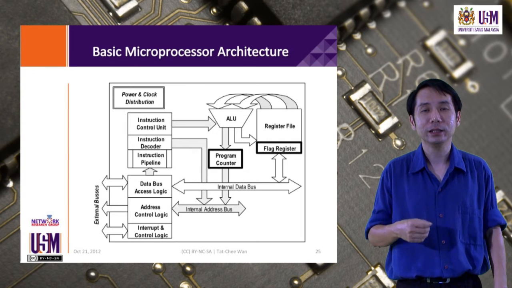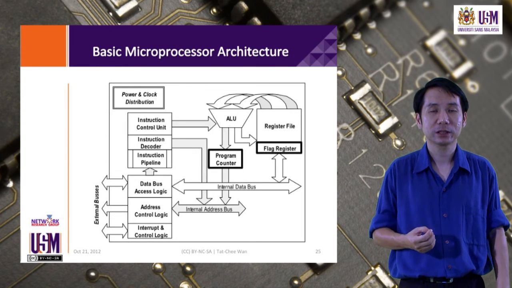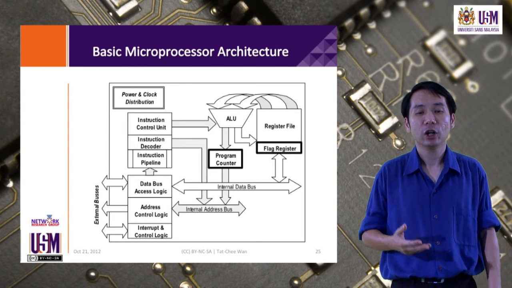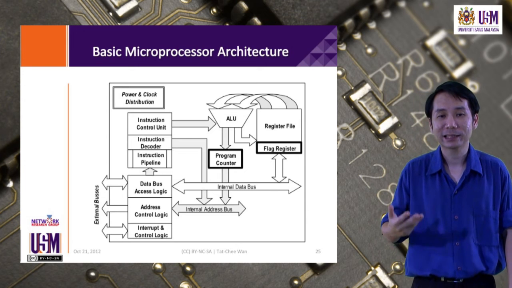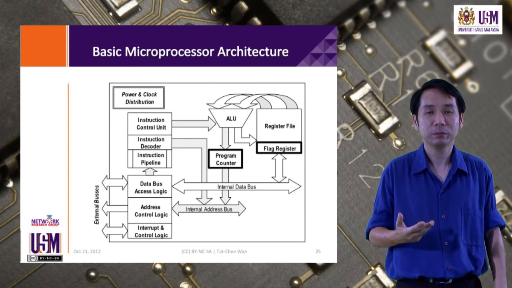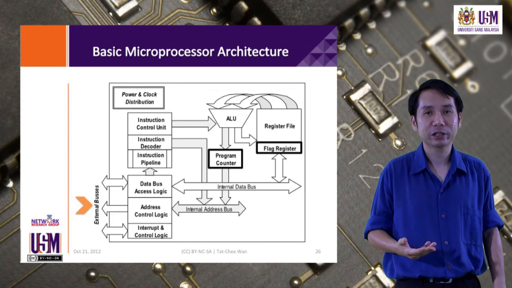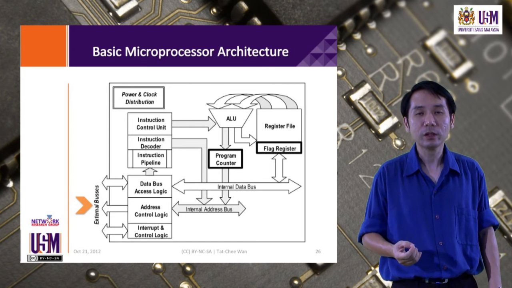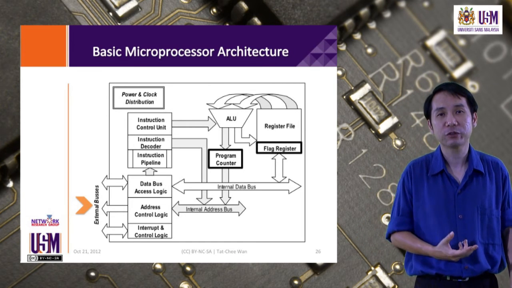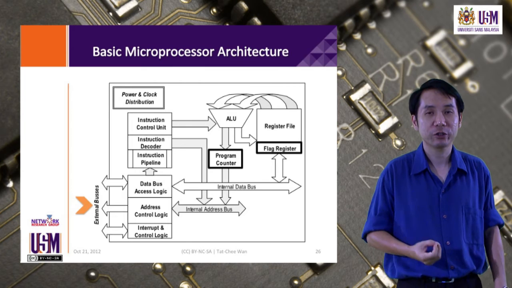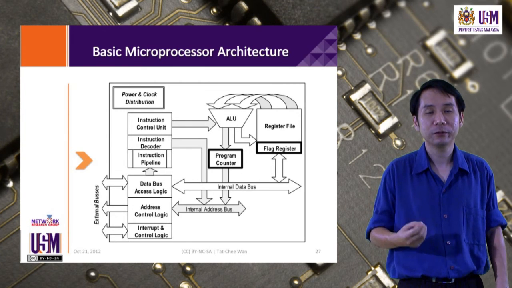Here we will look at the components in a basic microprocessor in greater detail. On the bottom right, we have the external buses to interface to main memory. This includes the address bus, the data bus, as well as any interrupt and control logic for controlling peripherals. Once we retrieve the instruction from memory, it goes into the instruction pipeline, which is basically the fetch module of